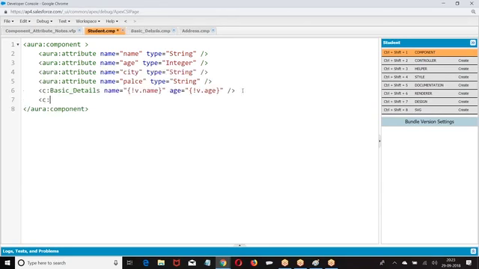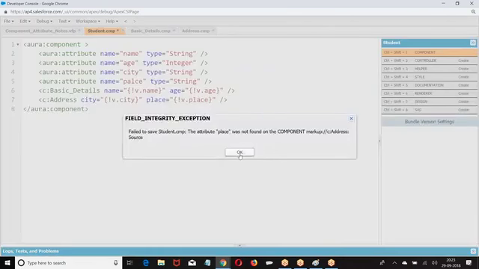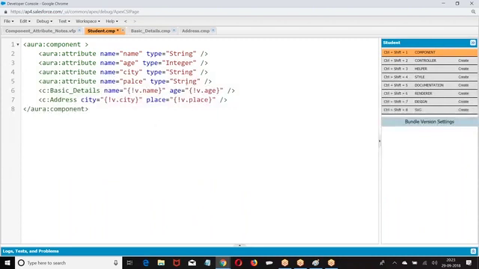Similarly, I am calling c dot place, not found.